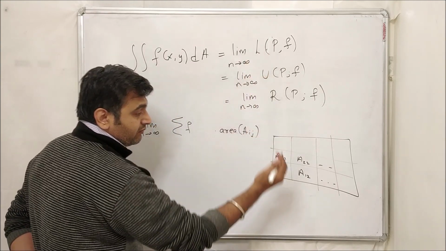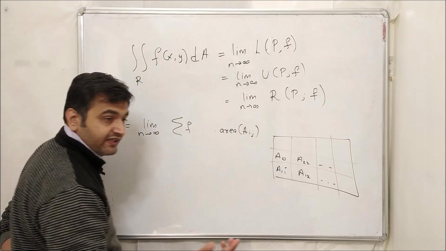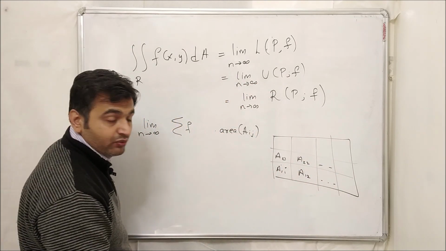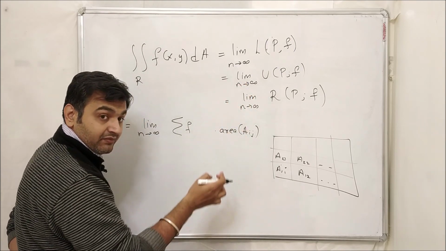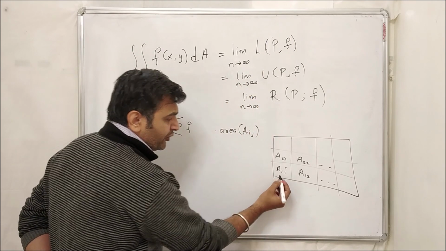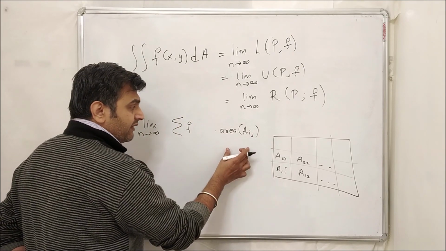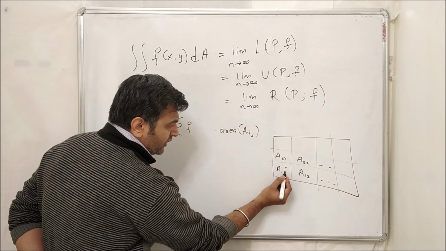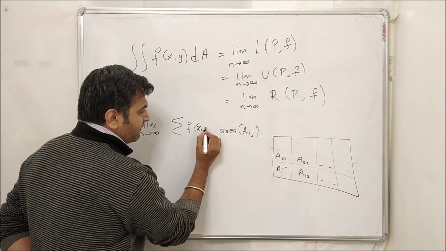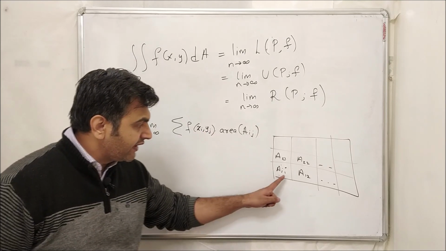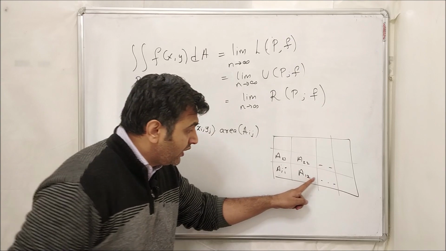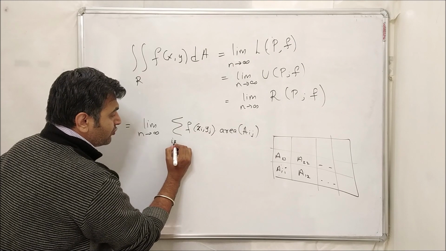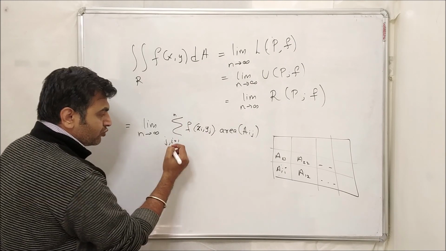For the lower sum, you look for the point where the function is taking the minimum value, and you do the same thing everywhere. For the upper sum, you look for the point where the function is taking the maximum value, then you do the multiplication and you get the upper sum. For an arbitrary Riemann sum, you take any point, look at the functional value, multiply with the area, you get a Riemann sum, and then you take the limit. Let me call this point, whatever point, xi comma yj. So this is x1 y1, here I am taking the point x1 y2, here the point x1 y3 and so on, where i goes from 1 to n and j also goes from 1 to n.